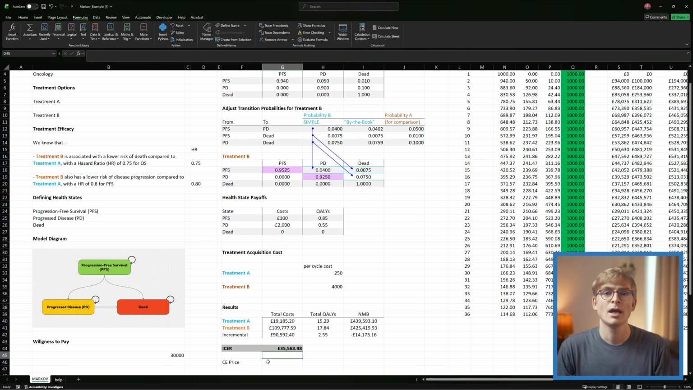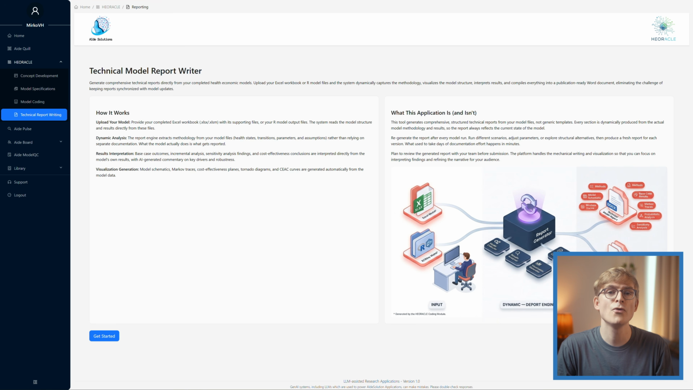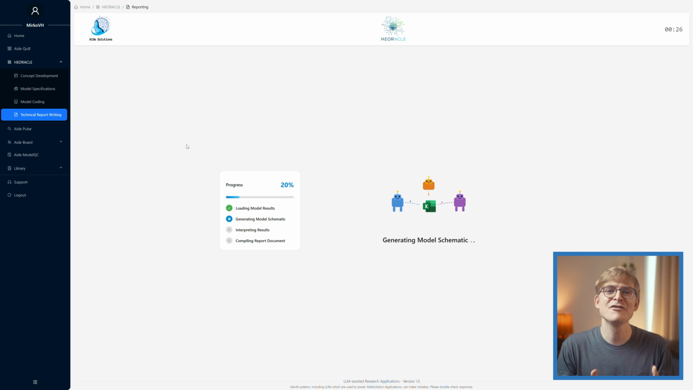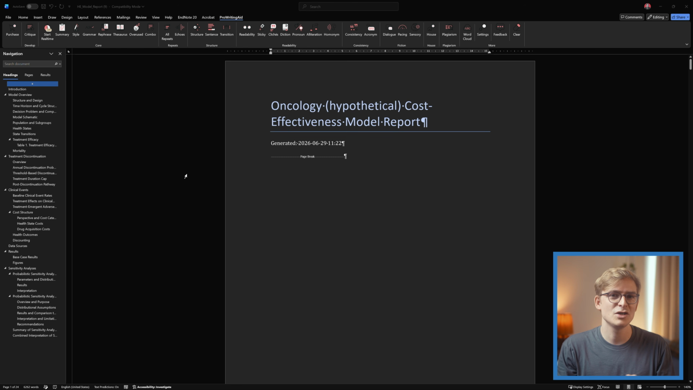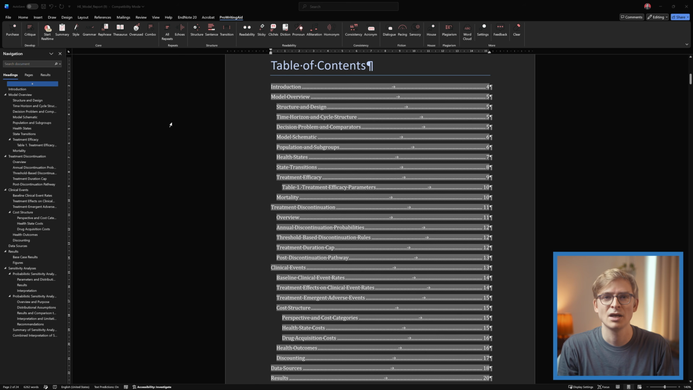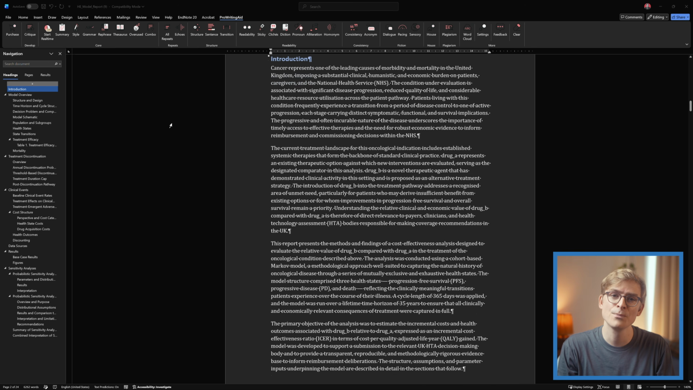modeling. And once you're happy with your model, you can move on to Module 4, which allows you to generate a technical report within just a couple of minutes. If you've ever written one of these by hand before, you know how much of a time saver this really is. The report gives you everything you'd expect from a traditional write-up of cost-effectiveness results, including a model overview, results,